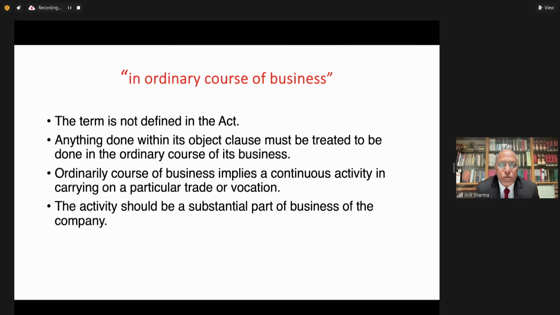The activity should be a substantial part of the business of the company. Only then, substantial part, once again, the same example which I gave can be applied to this clause also. So